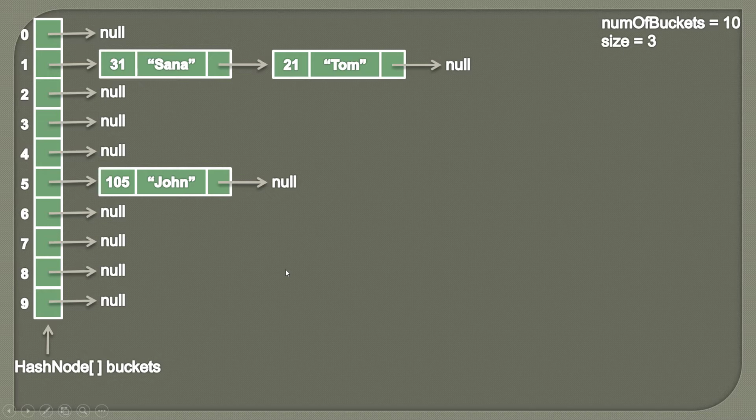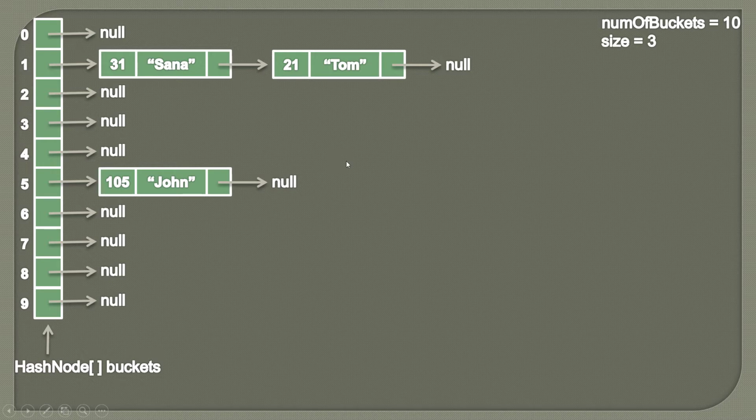So friends, let's suppose we are given this hash table having a buckets array where the number of buckets is 10, which is the length of this hash node array, and the size is 3 because we have inserted 3 key value pairs in the form of hash nodes. Where we have detected a collision, there we have inserted the nodes in the form of chains. Here index 1 is our bucket index, which corresponds to this list whose index is 1, being generated by the hash function by providing a certain key.